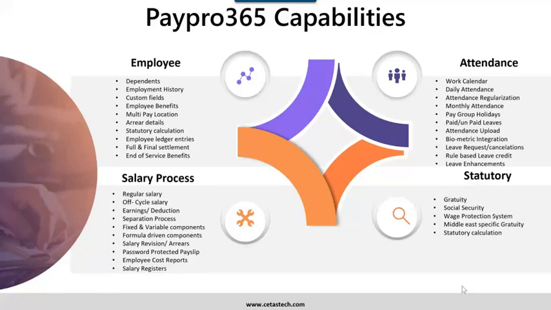And your leave encashment, suppose you are going on a vacation after 1 year, so you could have your encashment of leave process. Then when it comes to statutory, we have got the gratuity calculation, we have got the WPS file generated from the system, which you can send to your bank and to the government authorities. Then other stuff which are needed for your calculation are already taken care of in the system. Okay, next.